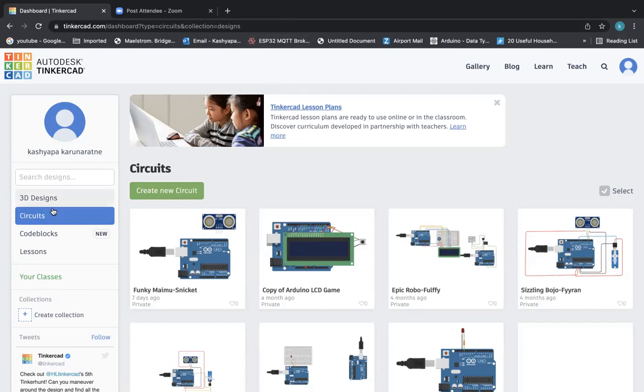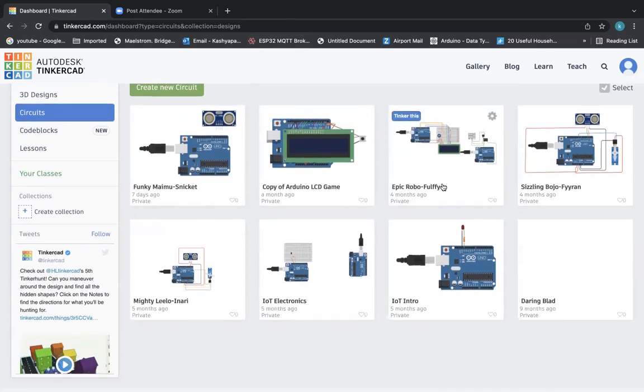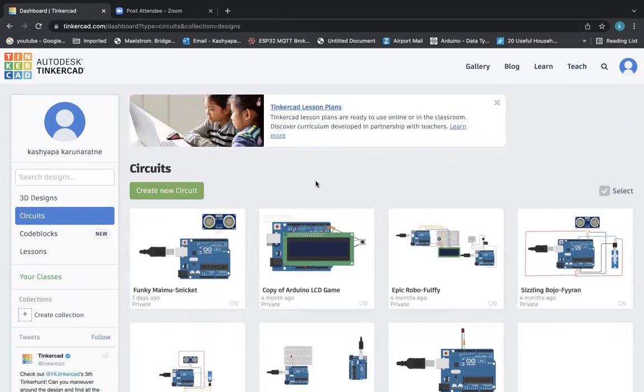So in Tinkercad also, you can do some 3D designs, right? But here we are going to majorly use these circuits, right? So we are going to build circuits using this Tinkercad. These are the circuits that I have created, so you may not have them with you, right?